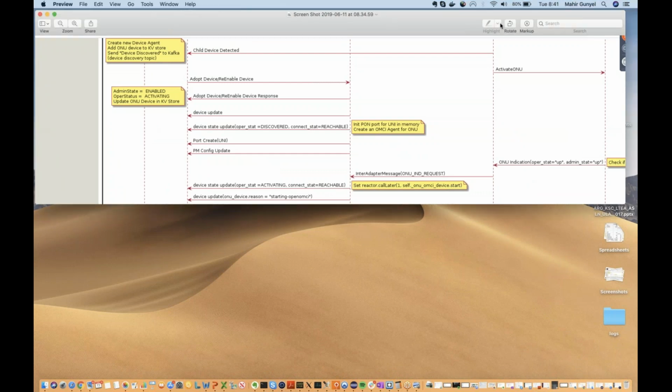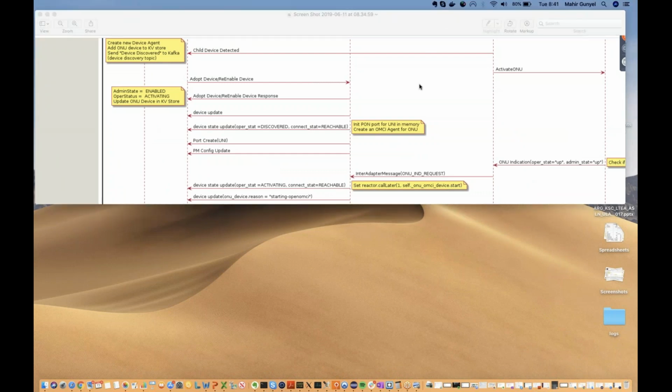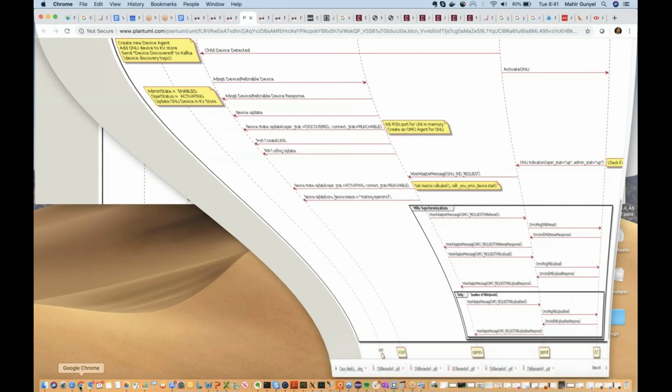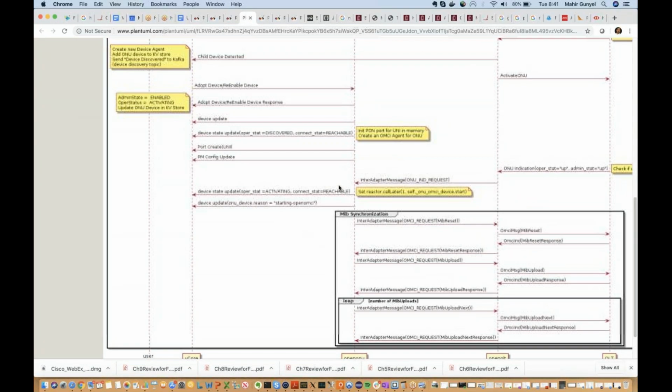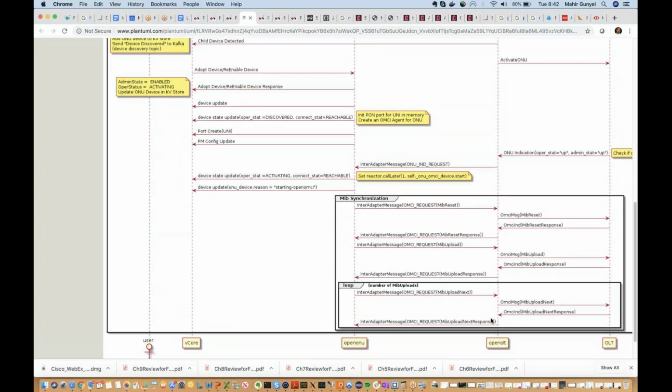Can you see my screen? Yes, we can. Okay. Then the problem is, so in this picture, let me open another one because you cannot see the... Okay. So here you can see the OLT adapter, ONU adapter, and core. The problem is